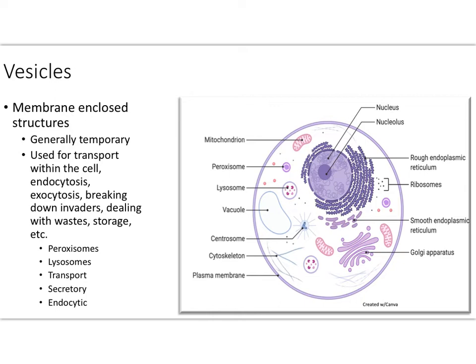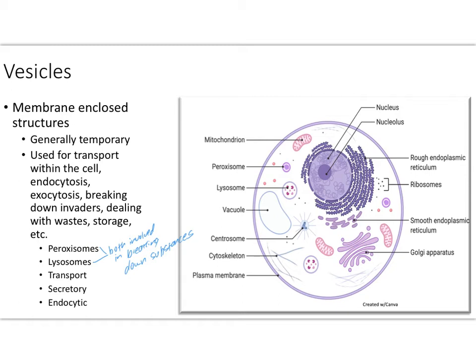Some specific or important types of vesicles are peroxisomes, lysosomes, transport vesicles, secretory vesicles, and endocytic vesicles. Peroxisomes and lysosomes are both involved in degrading substances or breaking them down. So if a eukaryote has been invaded by a prokaryote, that prokaryote might get destroyed by a peroxisome or a